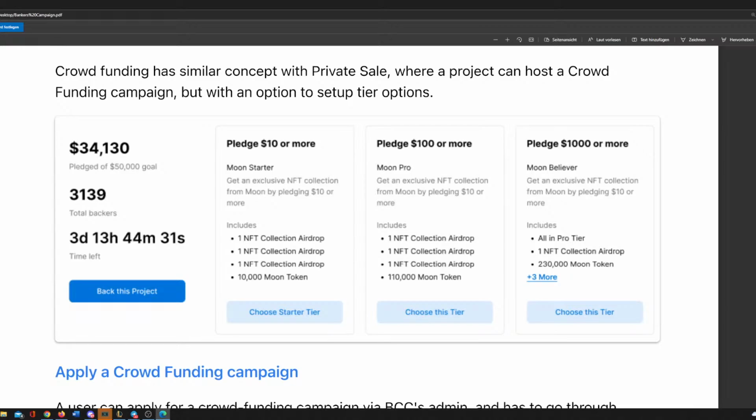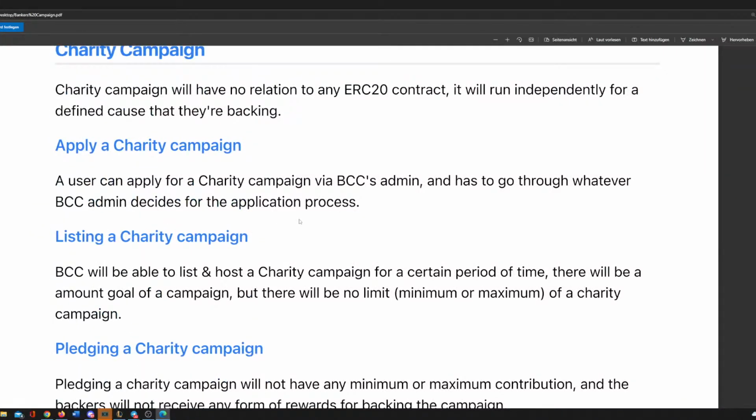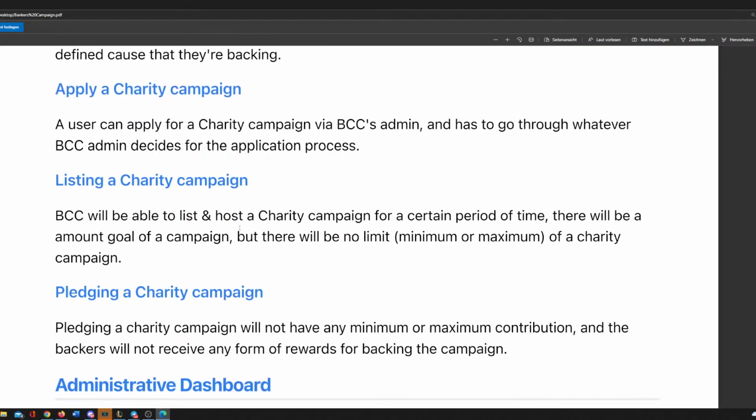Now this crowdfunding and private sale platform, this will evolve into the Launchpad. As I said before, we do have charity also included. Now, charity is something which we will not earn a dime in. We are able to, for example, raise a charity campaign. This was, let's say, in our heads,